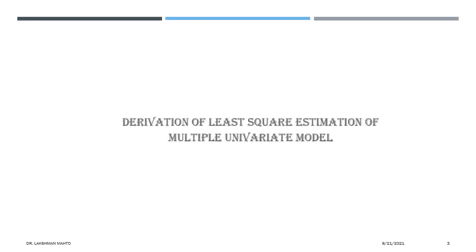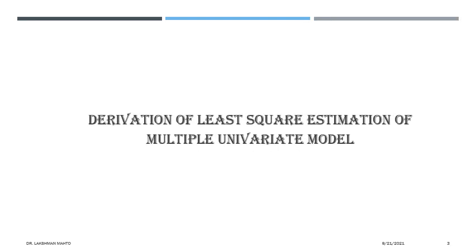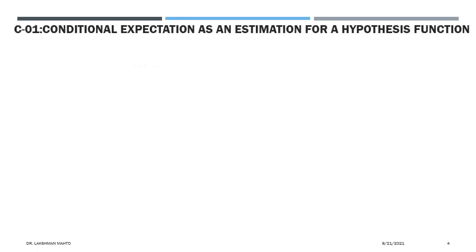So coming to the first part, the derivation of a least square estimation of a multiple univariate linear model, how can we derive that? First target is we need to derive an estimate of y, the response y. The next task is we have to estimate the given estimator. We have to find an approximation of the given estimator. So approximation is a better word, we can say that. So how can we do this?